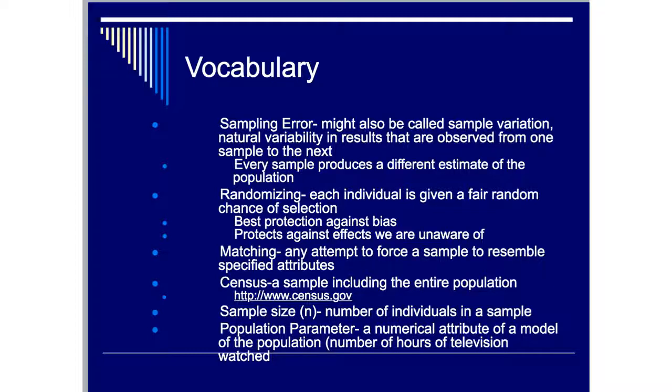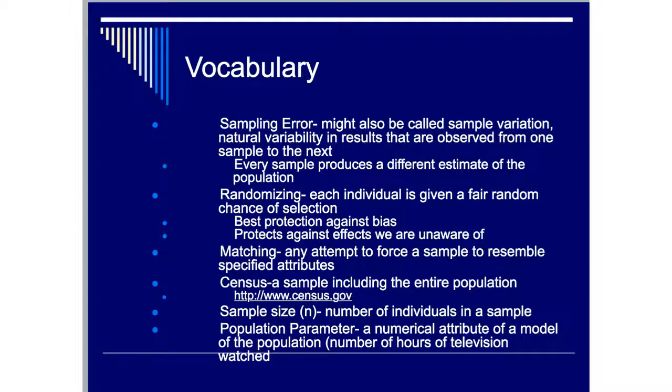So the sample size is the number of individuals that you sampled. Now we have 2 different things: a parameter and a statistic. A parameter is the population attribute. It's the population proportion, the population mean, the population standard deviation. Those are called parameters. They represent the entire population,